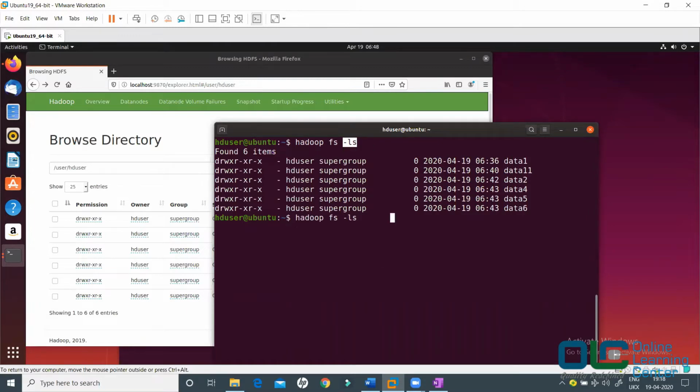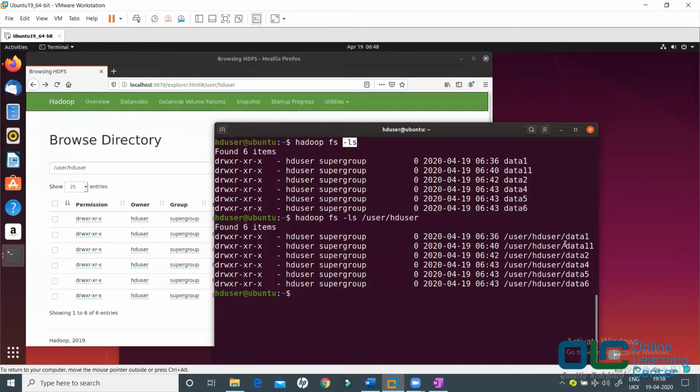Now you could have also done something like this: /user/hduser. It will also give you the same output. See this: data1, data11, data2, data4, data5, data6.